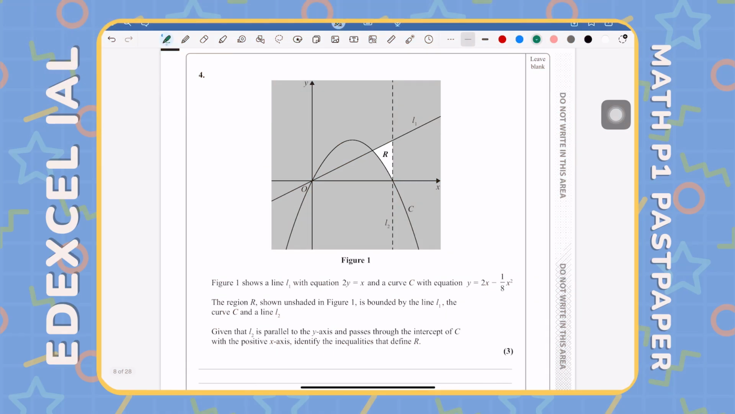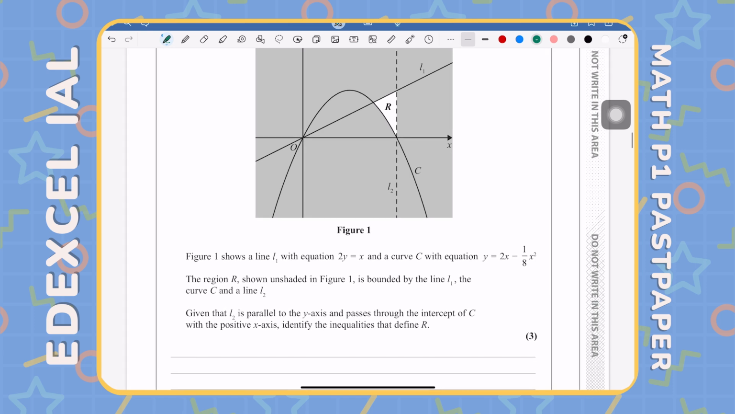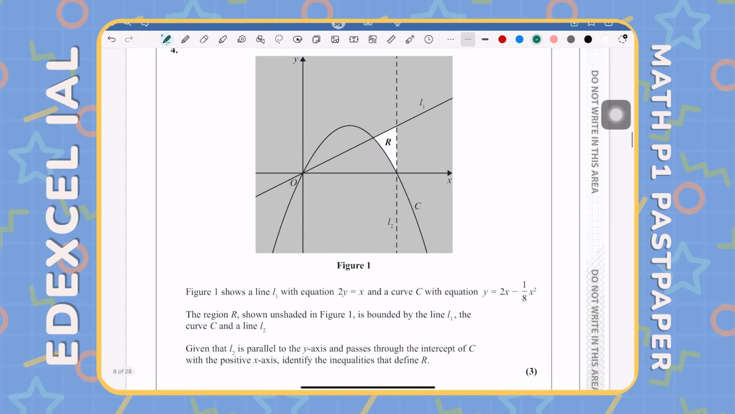Now, let's see what question 4 says. So, question 4 is from the chapter Inequalities. It says figure 1 shows a line with equation 2y = x and a curve with equation so and so. The region R shown unshaded in figure 1 is bounded by the line, the curve and line 2. Given that line 2 is parallel to the y-axis